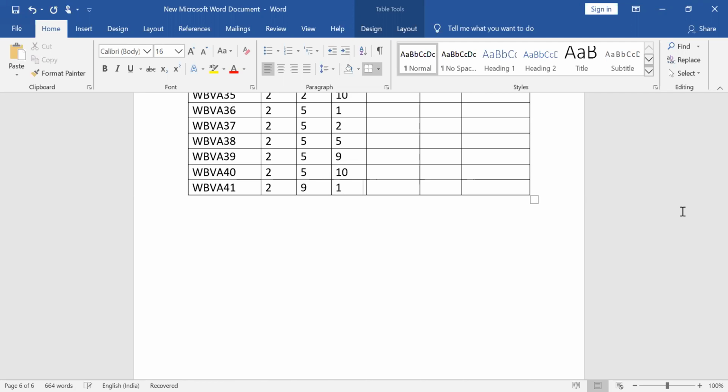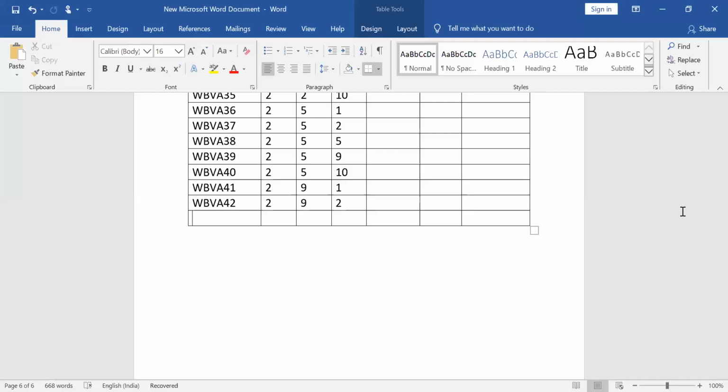9 with respect to this one. WBVA 42. So it is 2 followed by 9 as usual, followed by the last value will be changing to 2. So WBVA 43, case number 43. So what it says, 2 followed by 9 followed by 5.